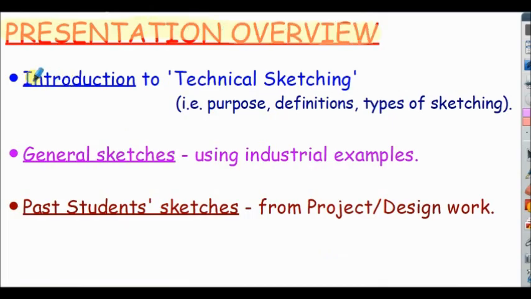We commence with an introduction to technical sketching, outlining its purpose, some definitions, and the types of sketch that can be produced. Then we have a section entitled General Sketches. This uses industrial examples to show various sketches and the benefits of the sketching. This highlights the use of annotating sketches, clearly labelling component parts, functionality, etc., and shows how the use of shading